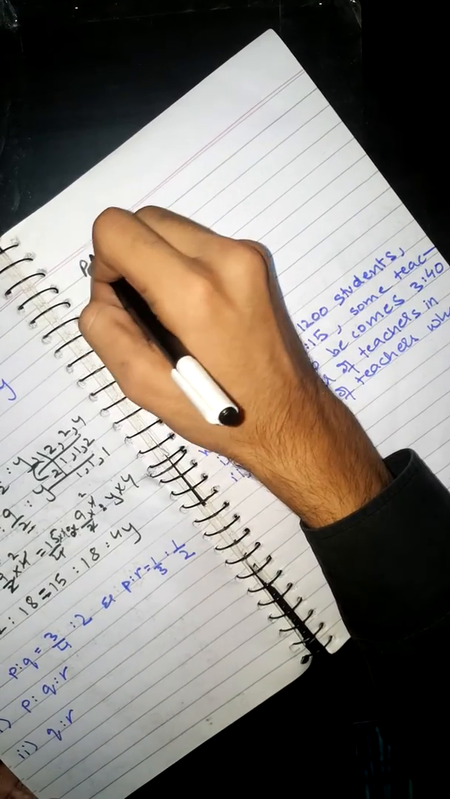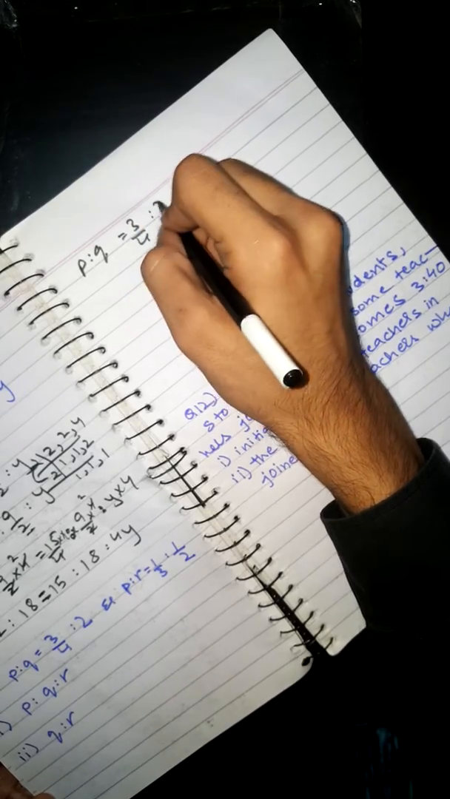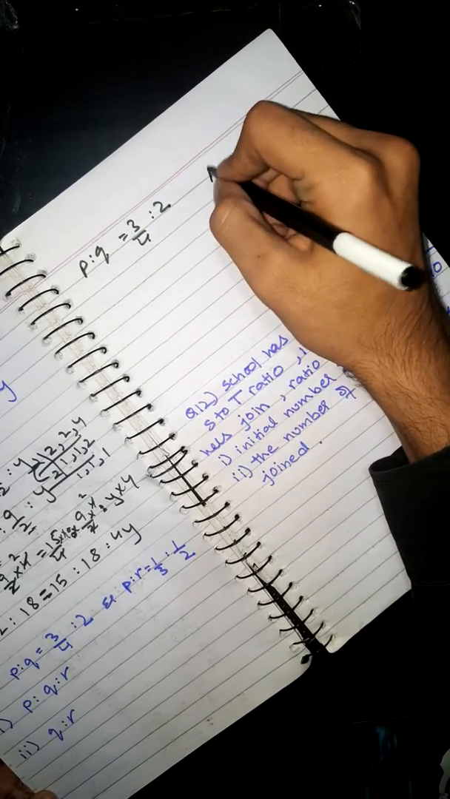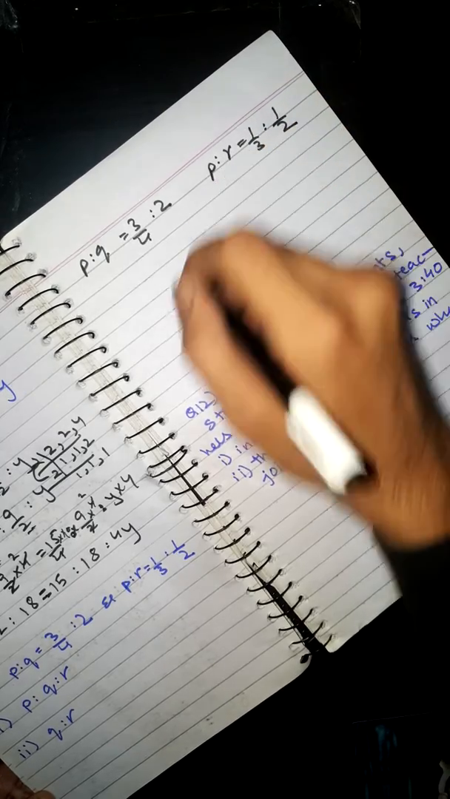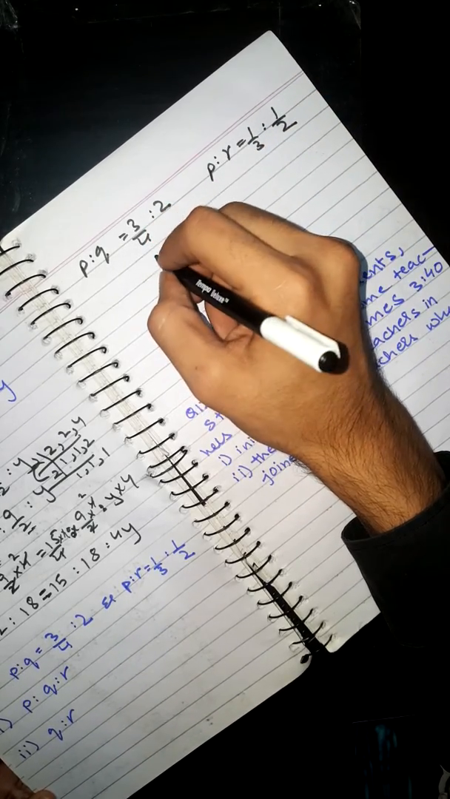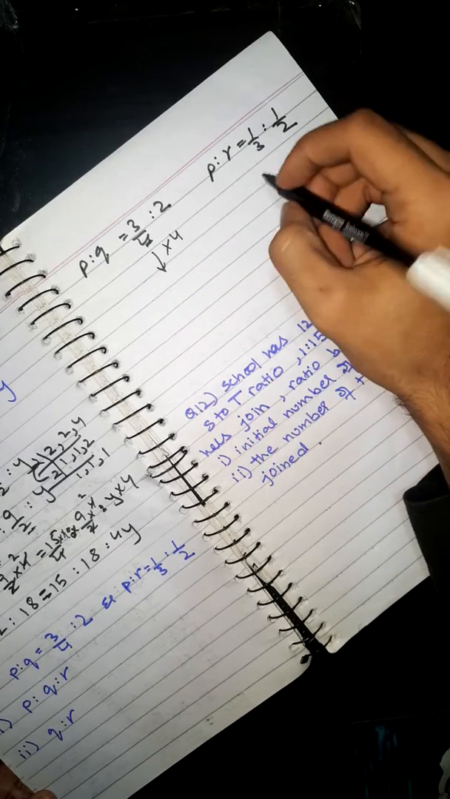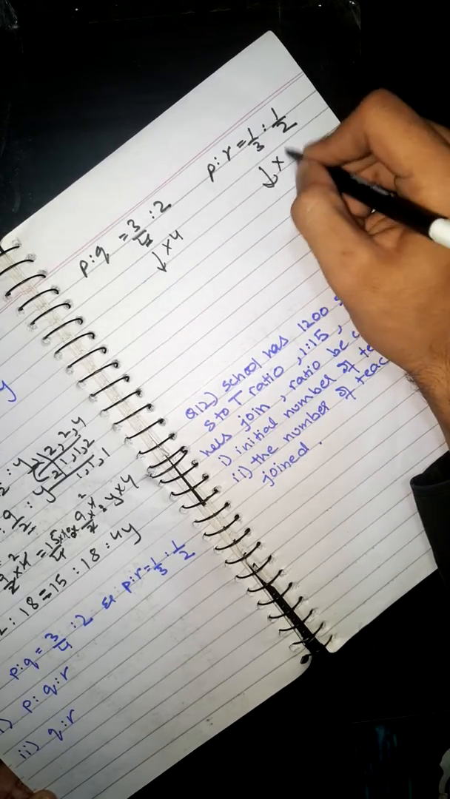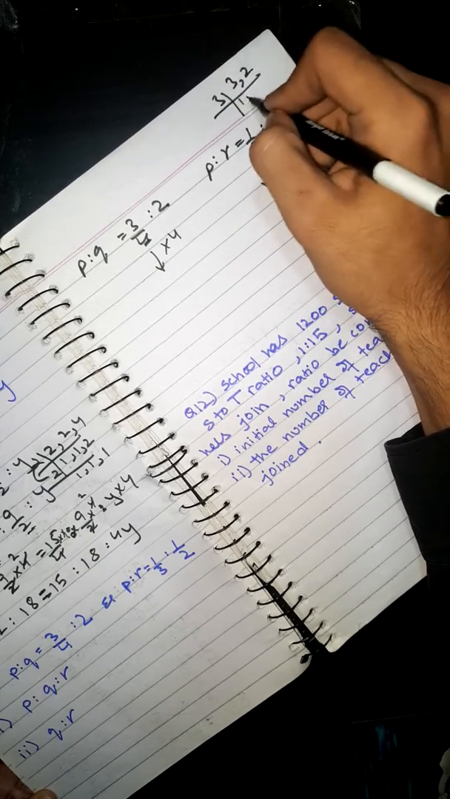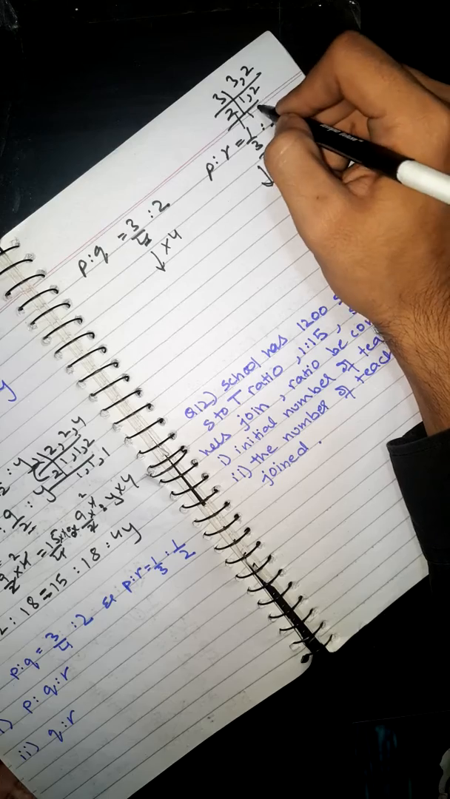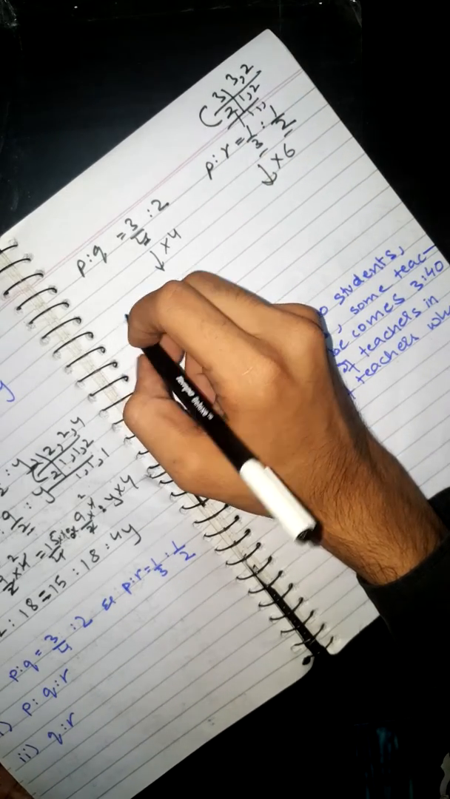So for that, we will take P ratio Q is equal to 3 by 4 ratio 2 and P ratio R is equal to 1 by 3 ratio 1 by 2. So what we'll do, we will multiply it with 4 to get this simplified, and we will multiply it with 6 to get it simplified. We take the LCM. So the LCM of 3 and 2 is 6. So it will be